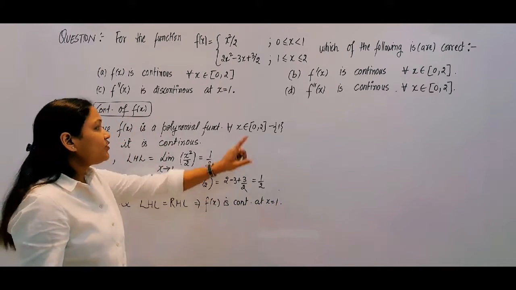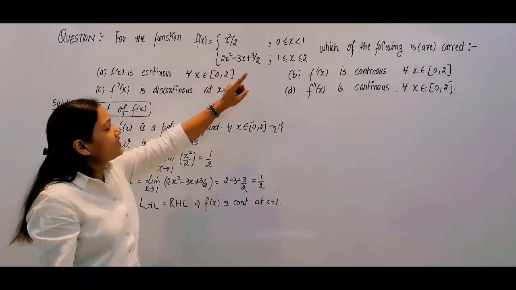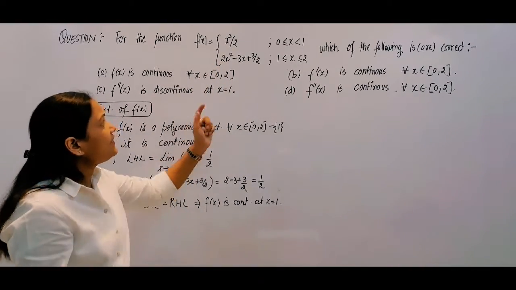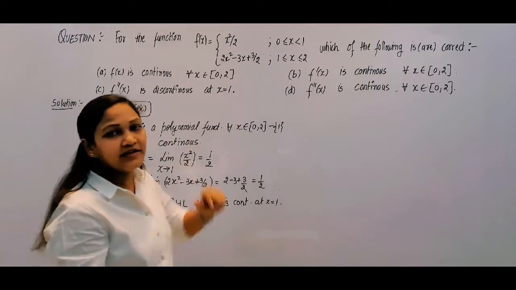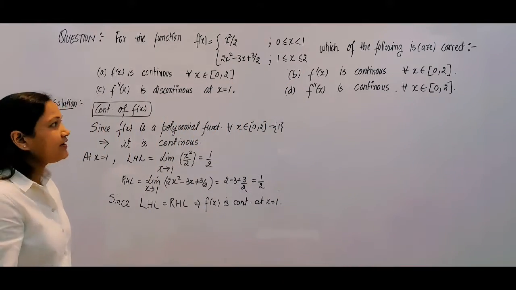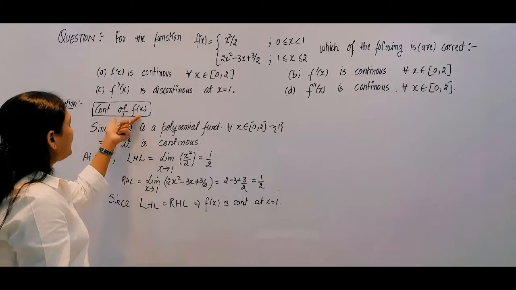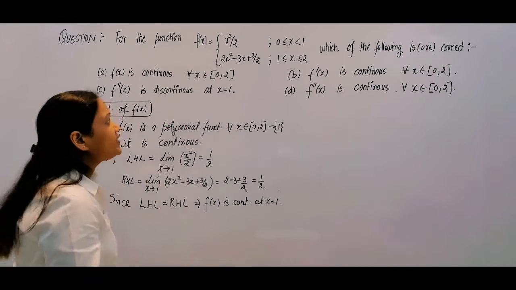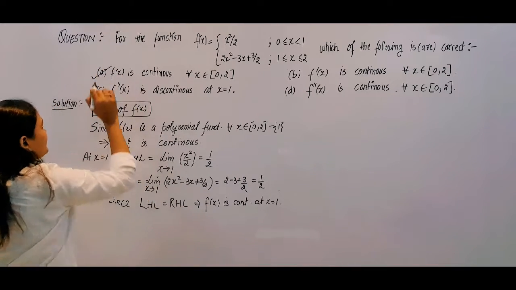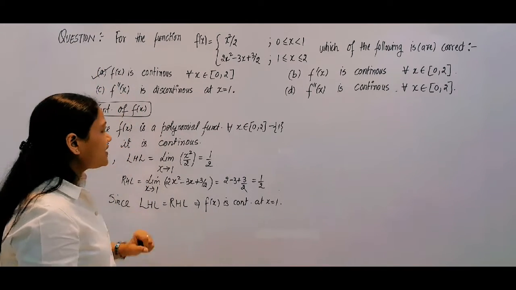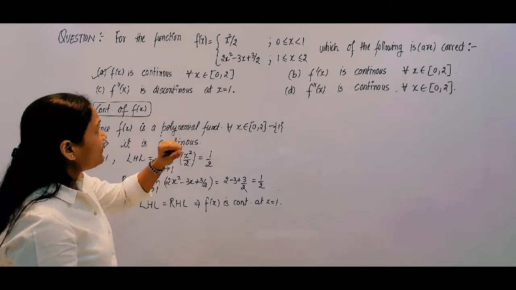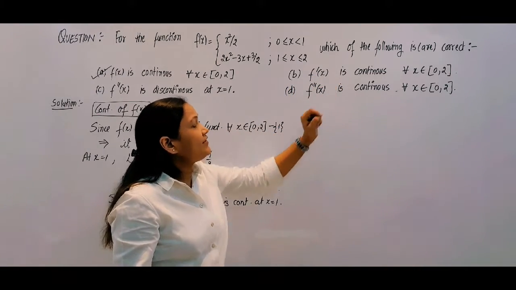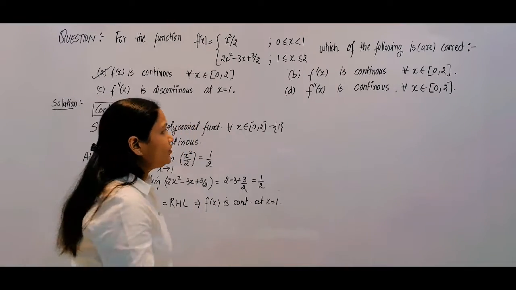Since left hand limit is equals to right hand limit, that implies f(x) is continuous at x is equals to 1 also. तो आपका 0 to 1 के बीच में भी polynomial function है. 1 पे your function f(x) is continuous, and from 1 to 2 it is again defined as a polynomial function. So your function f(x) is continuous for all x belongs to 0 to 2. So your first option is correct.